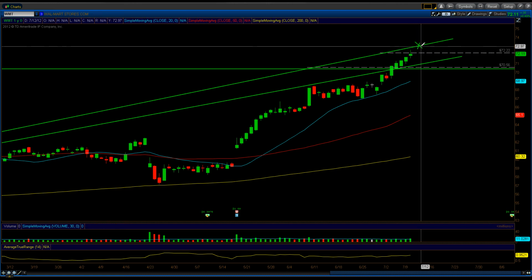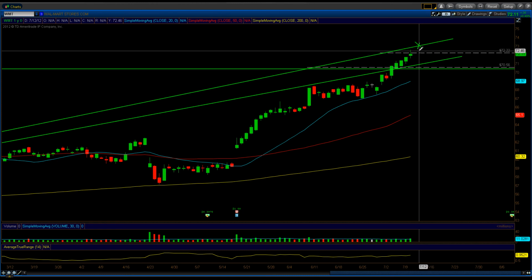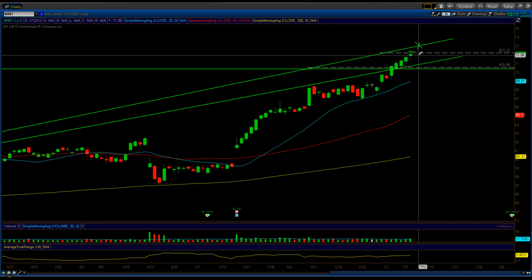It got close to this upper level here. I did take a short on Walmart, a swing short. Okay, and I am definitely in the money right now because I took the swing short right about there. I didn't catch it exactly at the top, but as soon as it pierced the 72.22 level, I shorted Walmart, and now I'm definitely in the money with already a break-even stop just in case we get that 25% pullback